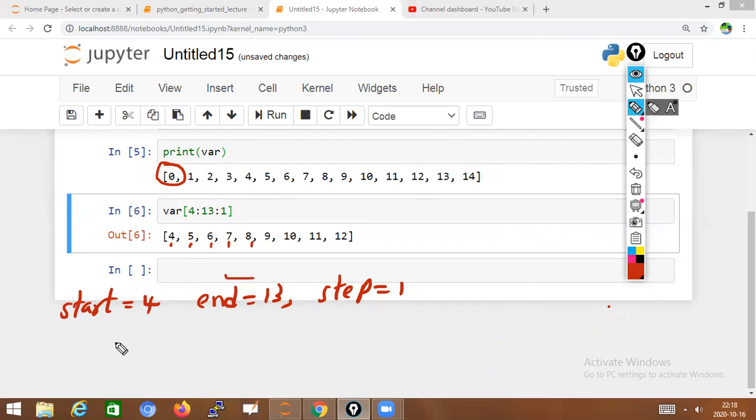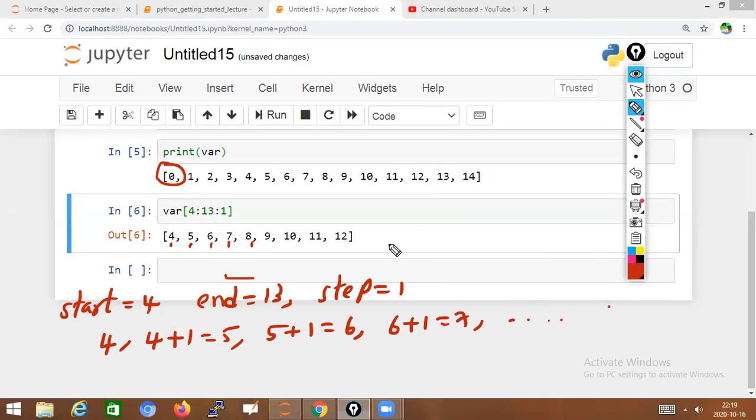First, what will happen is 4. What is the step value? 1. First it will write the 4. Next it will do 4 plus 1. What is 4 plus 1? 5. Next, again step value 1, 5 plus 1. What is 5 plus 1? 6. Next 6 plus 1 with the step value is 7.